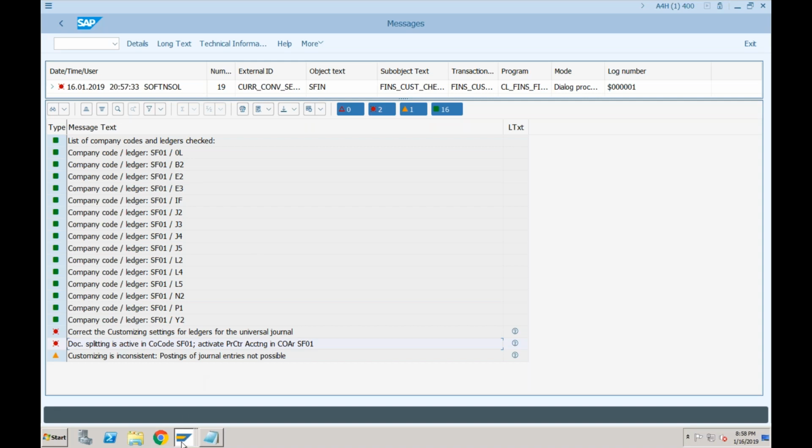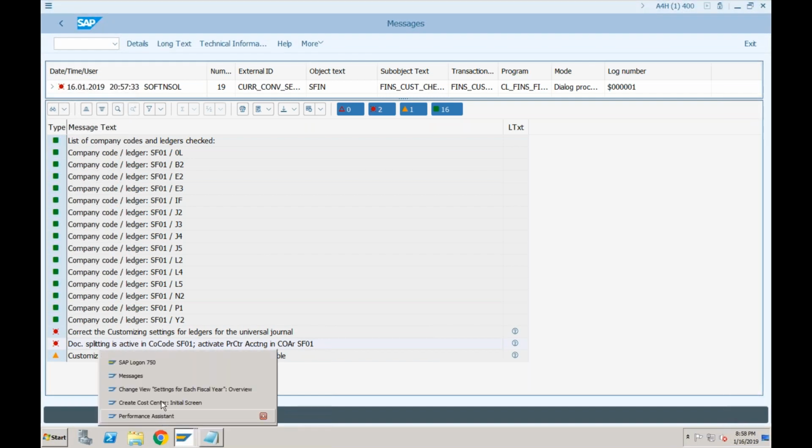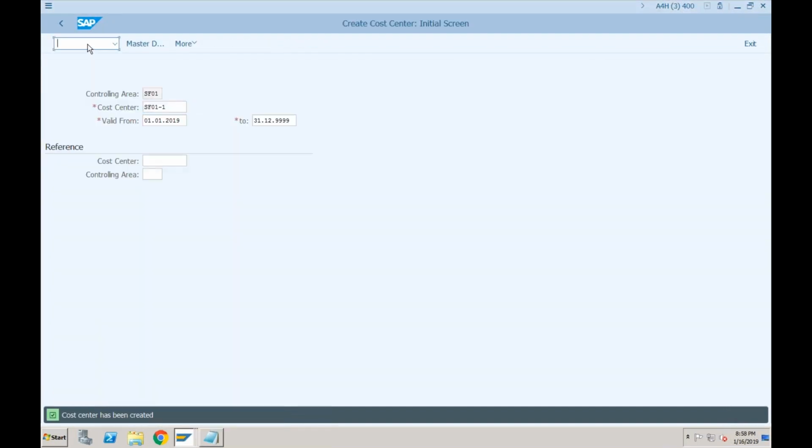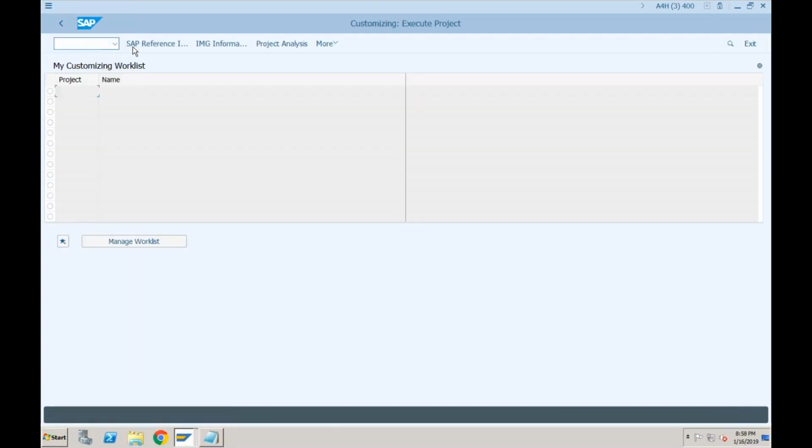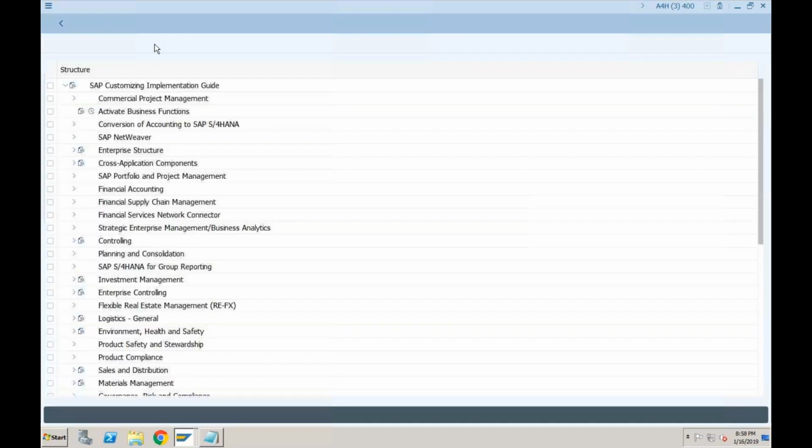So let's go back. Let's go to transaction KE51. But before we maintain the profit center, we need to activate the profit center accounting. So how do we activate profit center accounting? Same steps as in ECC.